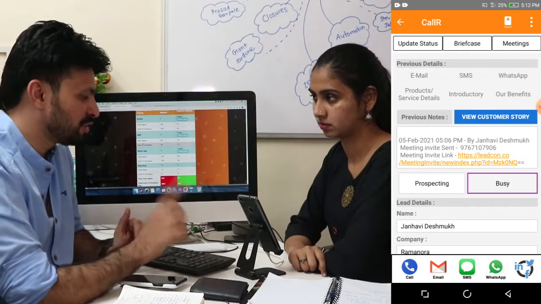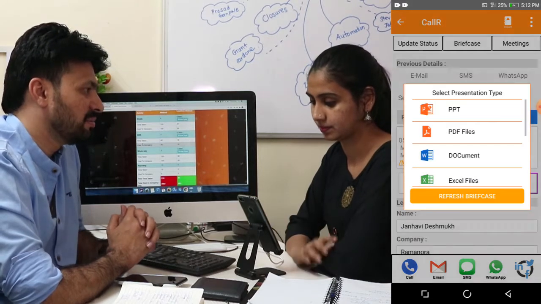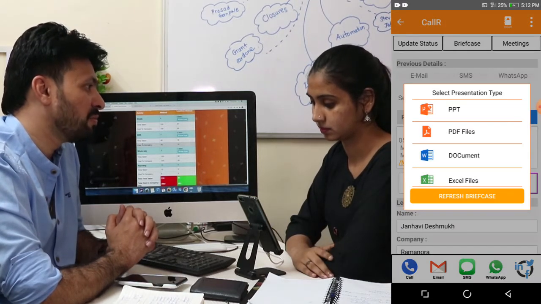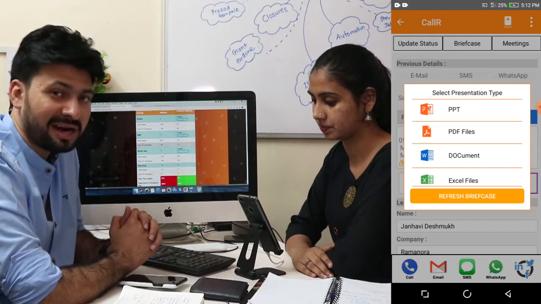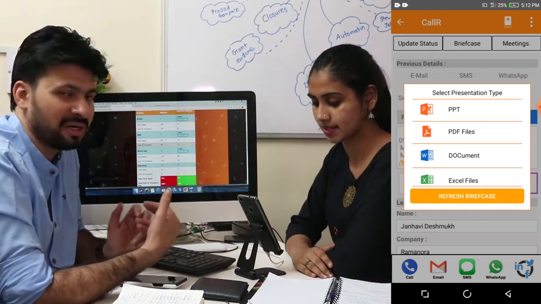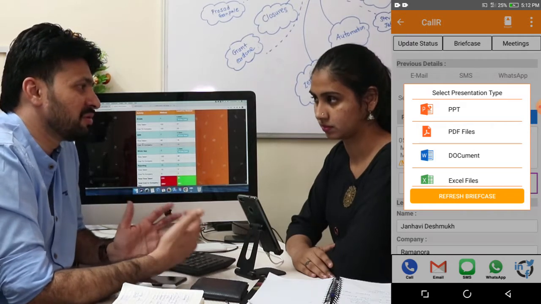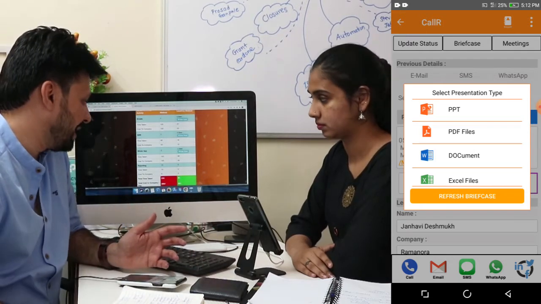After the meetings, next to it is briefcase. Yes. Click on briefcase. Briefcase is basically where we have put up all the different marketing collaterals of the organization, which could be PDF, PPT, document, Excel sheet, whatever is necessary for you to share with the customer so that he can take the buying decision,